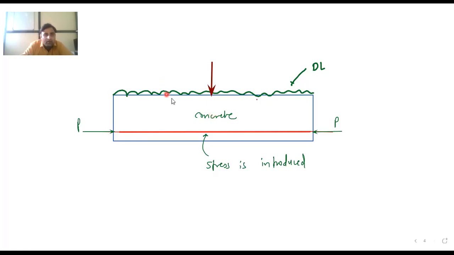What is the procedure? This is the downward load which is acting on this beam. Due to this downward load, as you have learned in SOM, there is a direct stress and bending stress. You know the formula M by I, F upon Y, E by R. Now for normal concrete, we need to provide a higher diameter or increase the number of bars, increasing the area of steel to resist that.